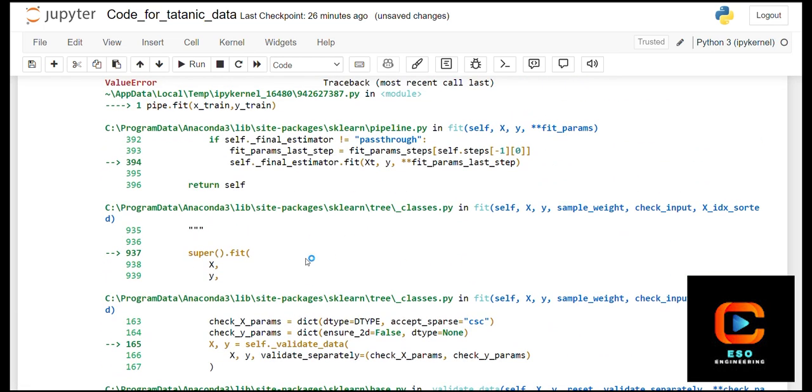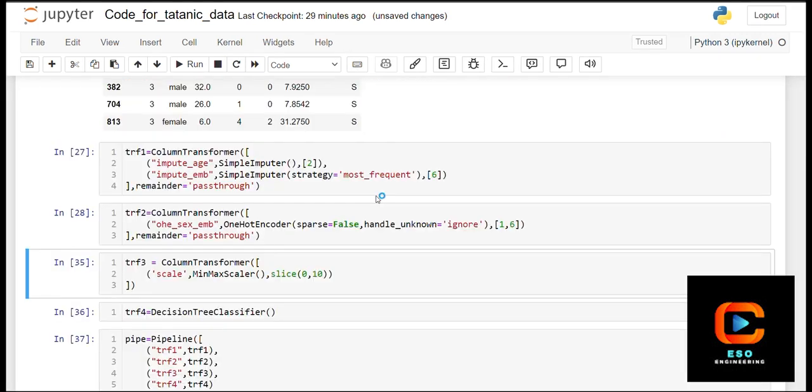So we need to scale. It means it can standardize, it can scale the values. Our data has a lot of values, so the third step, the third transformer, scales all the values. Now if we run it,